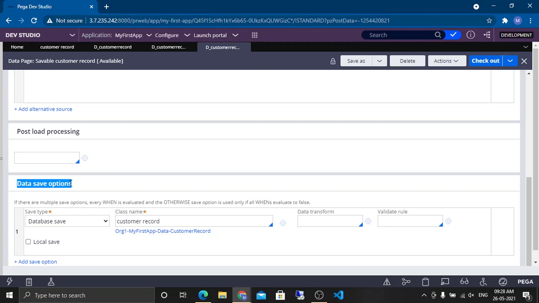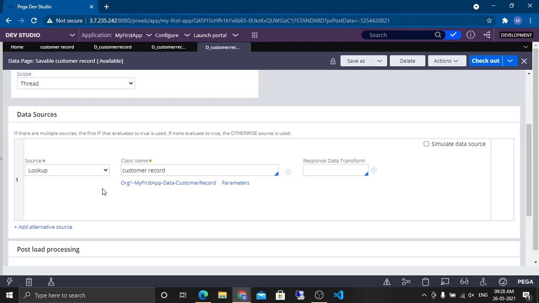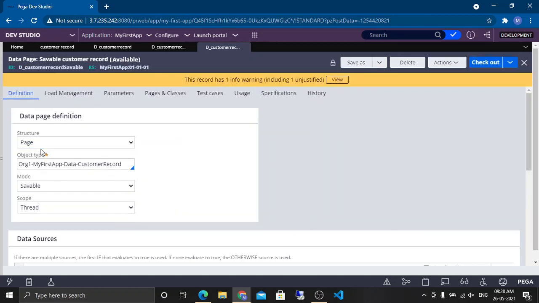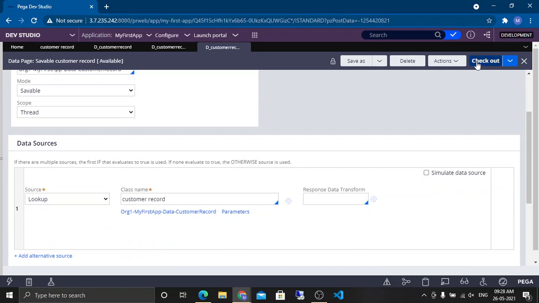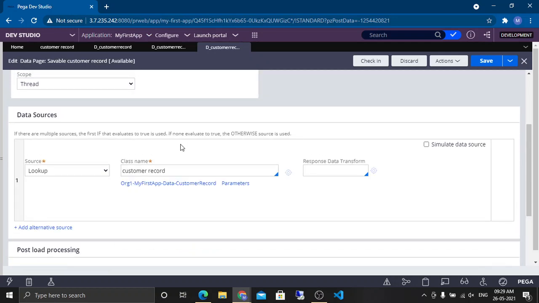Like how do you want me to save the data to the database? Because saving also can be done in multiple ways. Like you have source here, right? How to source? The same way, I can save as well. I can save the list structure as well, but then that will have different configuration. This section will be there, but then the options will be changed. So if I show you,